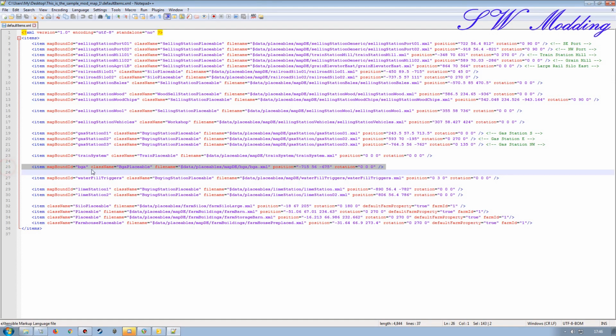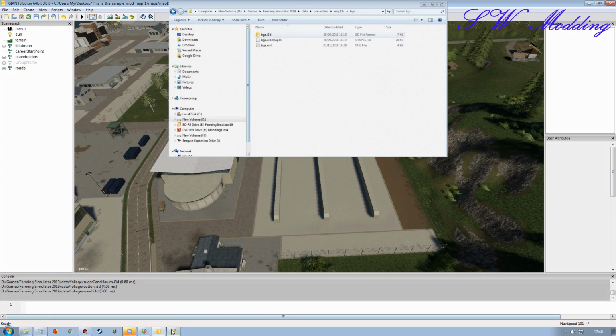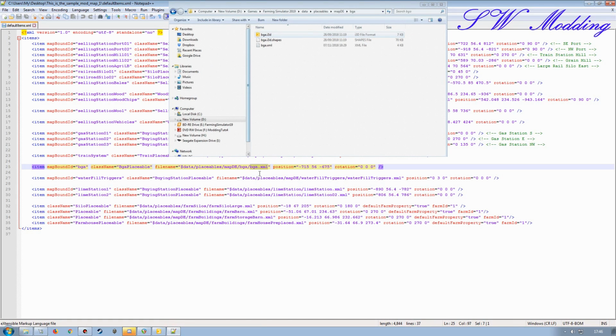So going to look at the BGA, we have this file name that's pointing to this XML here, and then that XML links into an i3D, which is the trigger setup for the BGA, and that will then be loaded into the appropriate place once you're in game. It's no longer in the editor or applied to the map directly. It's spawned into the map from the actual game itself. So if we locate where that XML is,